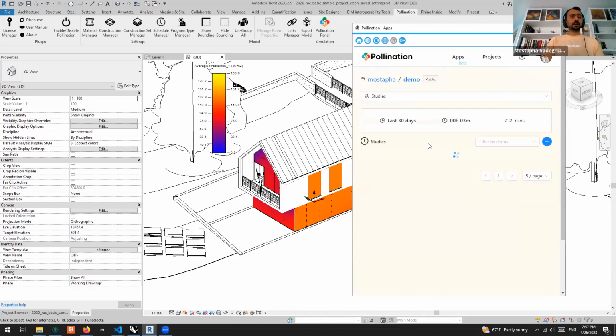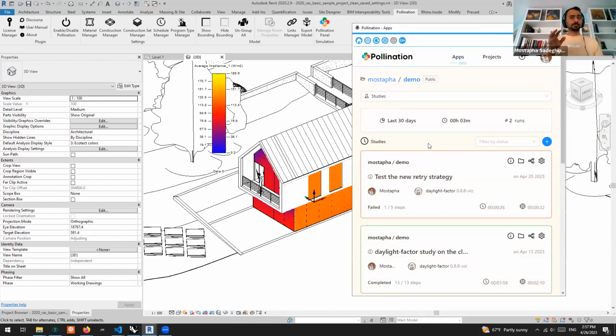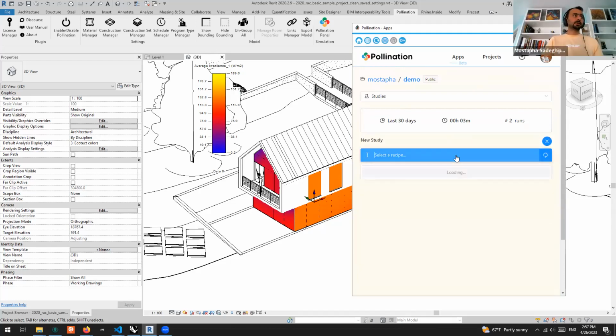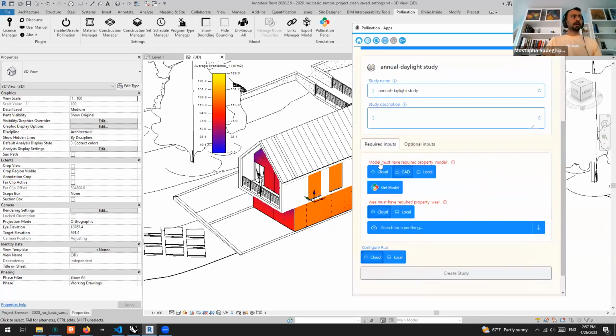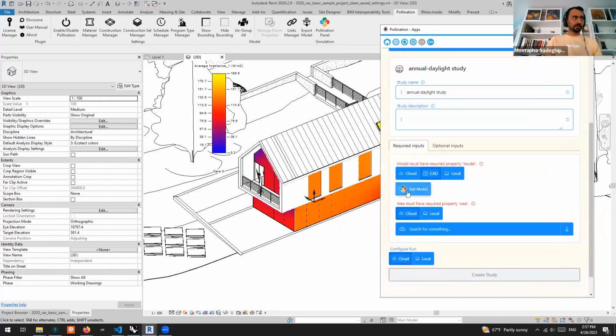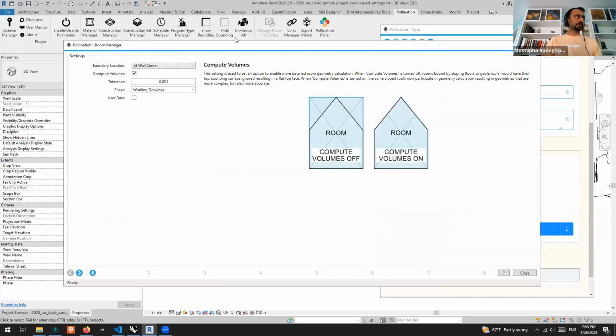No, the recipes are YAML definitions. Okay, that's the one that I was saying. So if you have any recipes, then you can select them. And let's say you have the new recipe called parametric daylight studies. And then these are very typical. So if you want, we can help you either with a recipe or an app to create that. And then after that, basically the user now can get the model, click here and get the model from inside